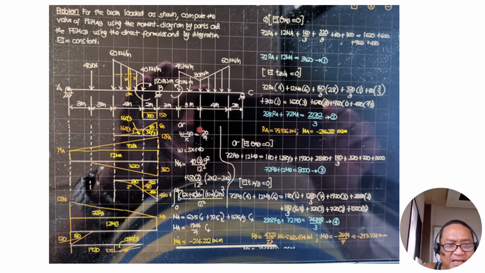So, I'll present the direct method using the by integration and by formula. So, I'll call this W, this strip here. Then we have here a triangle, right triangle. The height of this triangle, if this is X, is W minus 40 as to X equals 20 as to 4. So therefore, W is 5X plus 40.